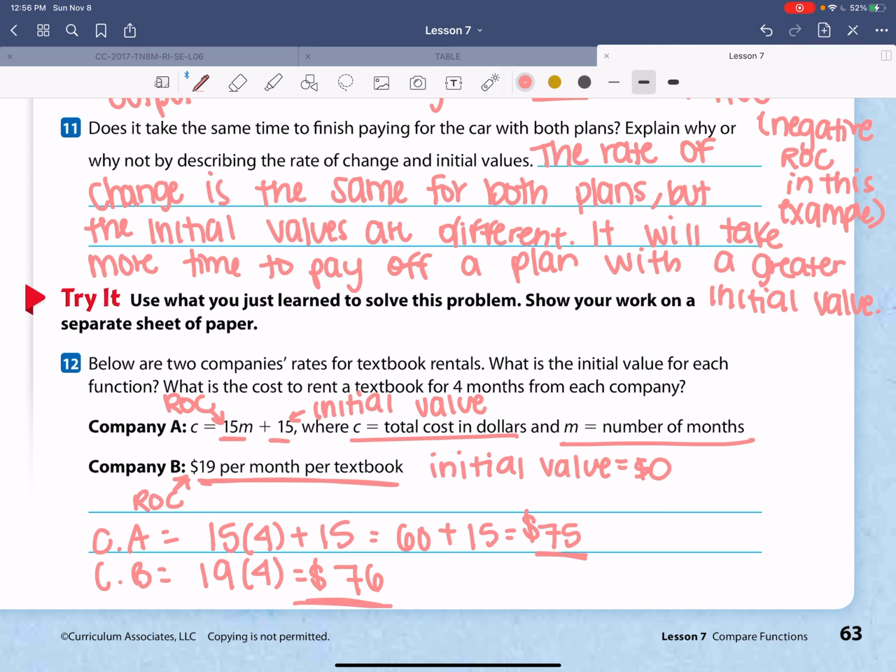Rate of change for company A is our coefficient, which is 15. Initial value is the constant, which is also 15. And then company B, our rate of change is the amount they charge per month, and there is no initial value. And that is all for day